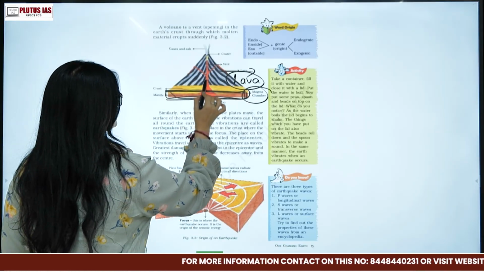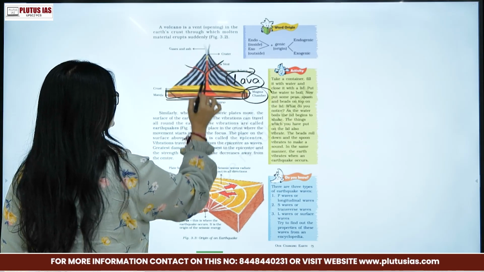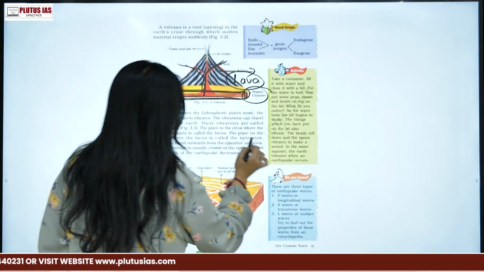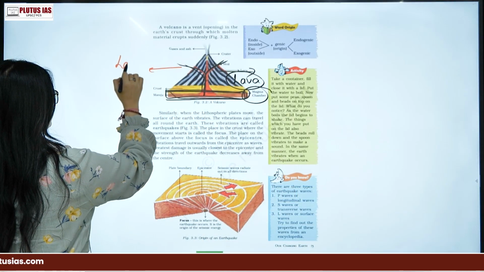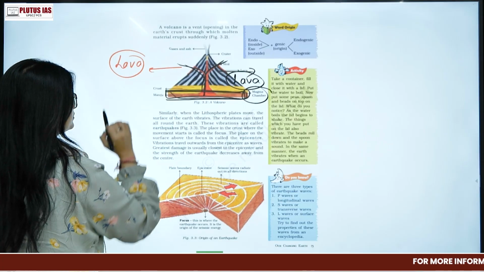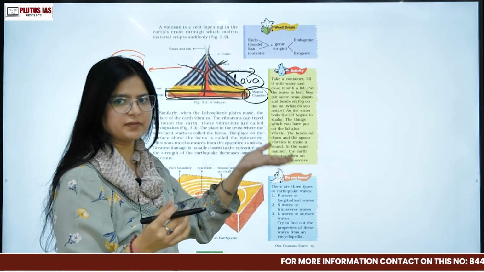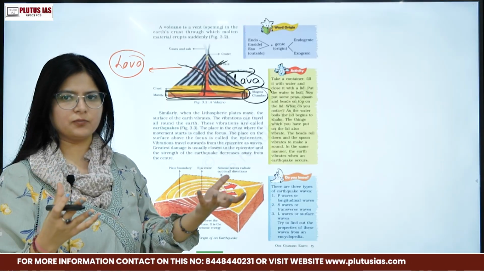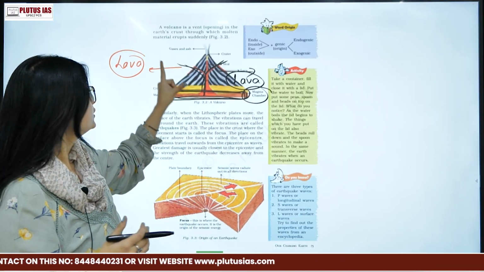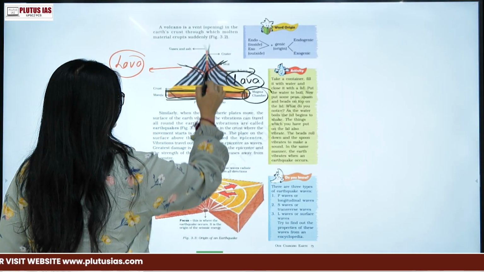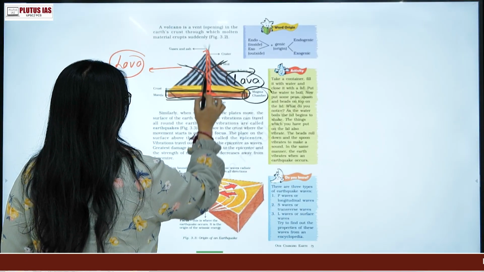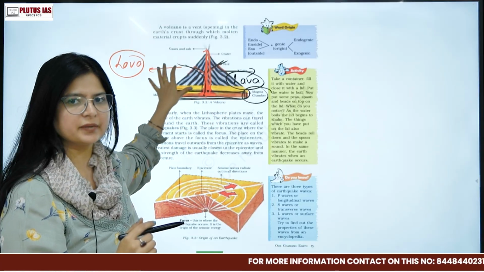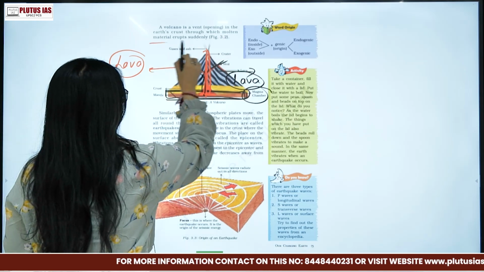Then what is coming outside? This molten form is coming outside. When it comes outside, we call it lava. When it is inside, we call it magma. When it comes outside on the earth's surface, when the molten substance has come out of the vent of the volcano, then we call it lava. So volcano is a vent opening. A vent is nothing but an opening, a kind of channel